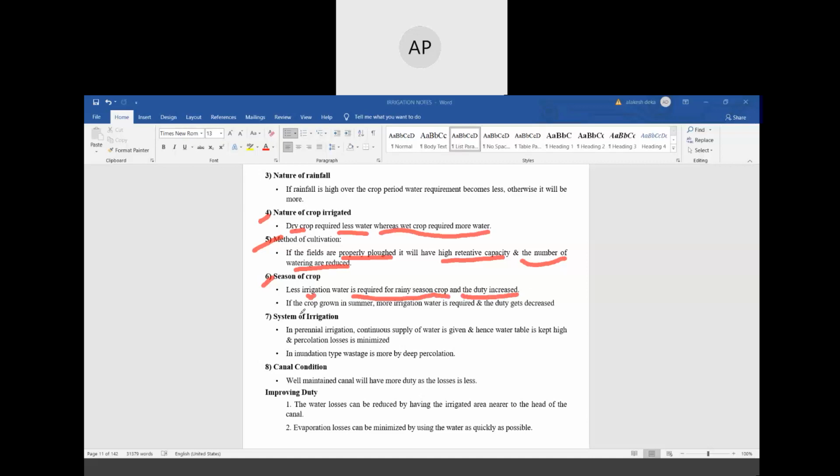Okay. Next is if the crop is grown in summer,